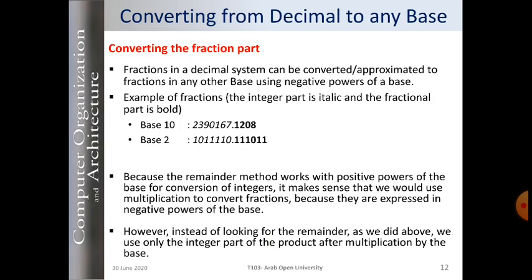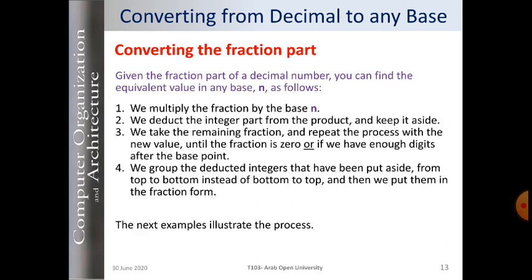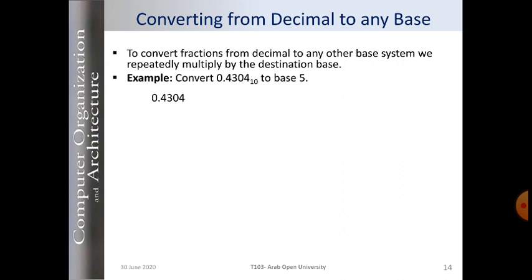How to convert the fractional part. Let's take an example, and this is the algorithm. Convert 0.4304 from decimal to the number system of base 5. So we have the fractional part 0.4304. We multiply it by 5. The result is